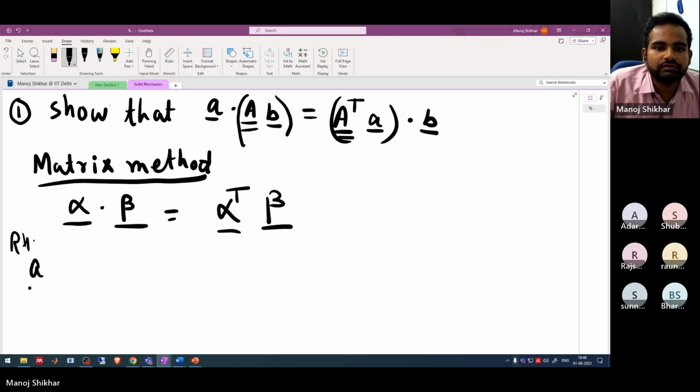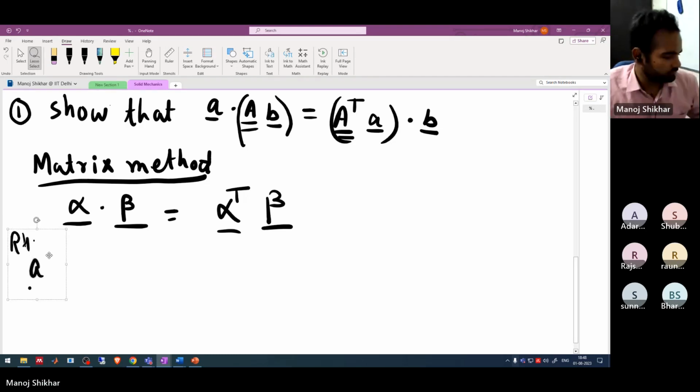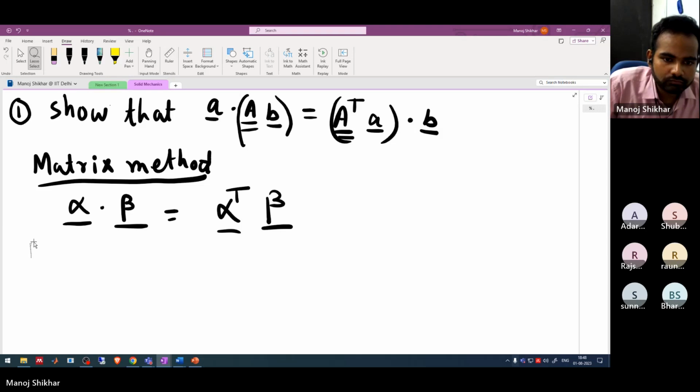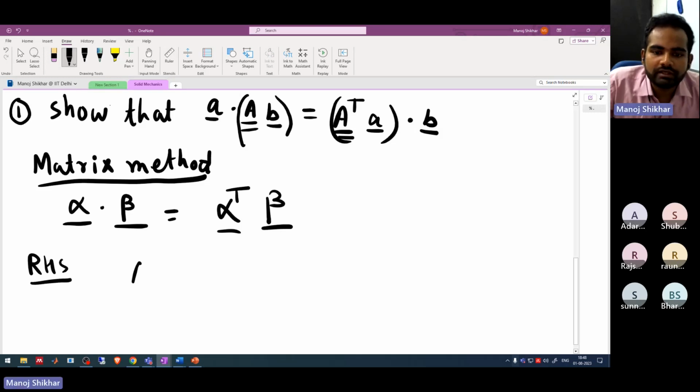RHS we have A transpose A dot B. So we will replace it by